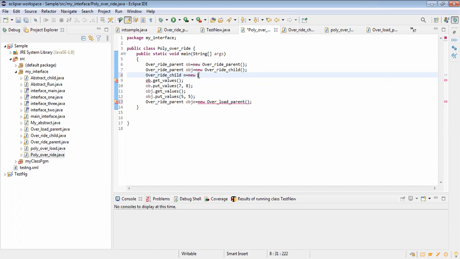So here, can you please, line number eight? Yes, in line number 8, write override child m equal to new override parent. Now the question here is, will it accept or will it give a compile time error? Override child, kind of parent. Override parent. Right. It will accept, Molali. Why?